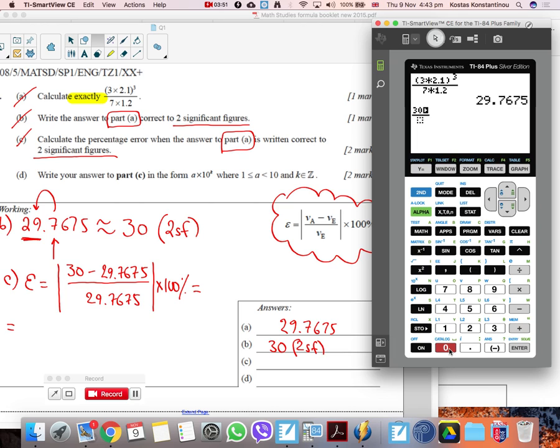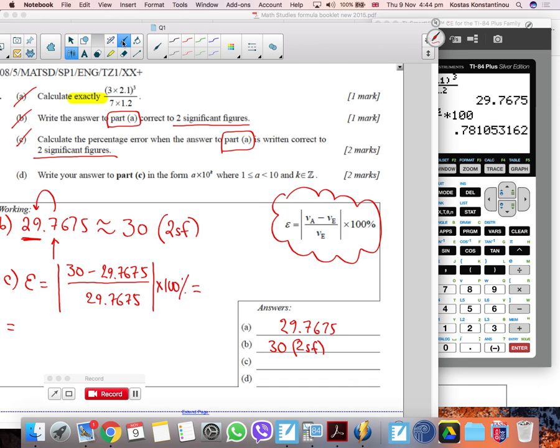So even if I find a negative value, I'm going to write its positive value minus the answer I found before. So second answer to save time and not make a typing mistake, over second answer again times 100,